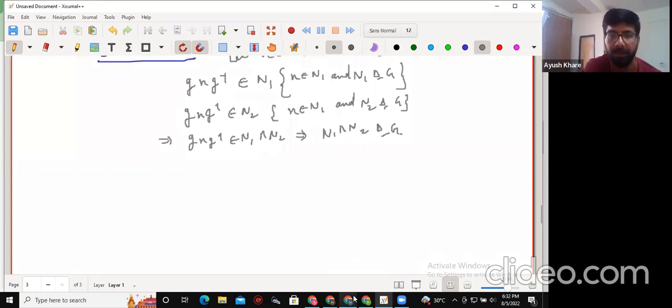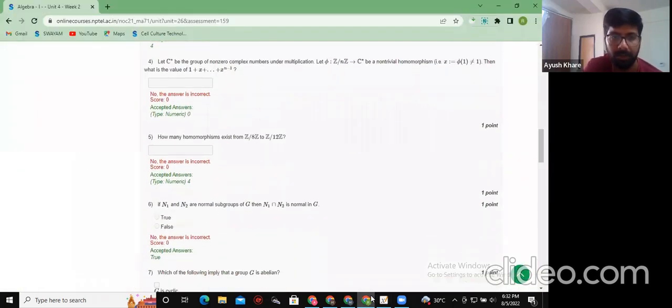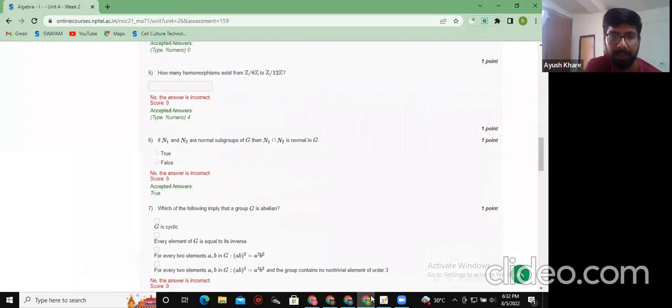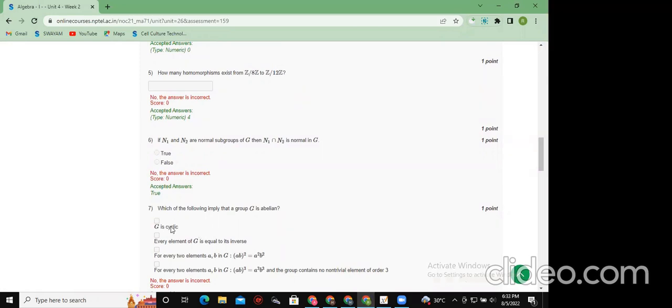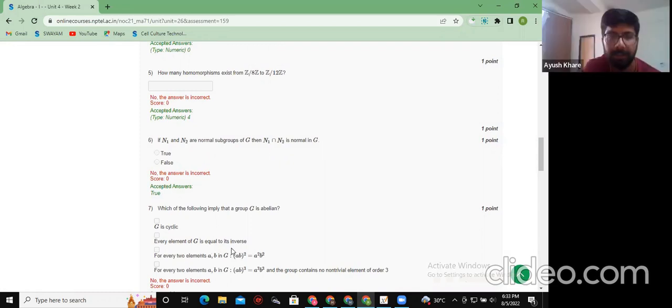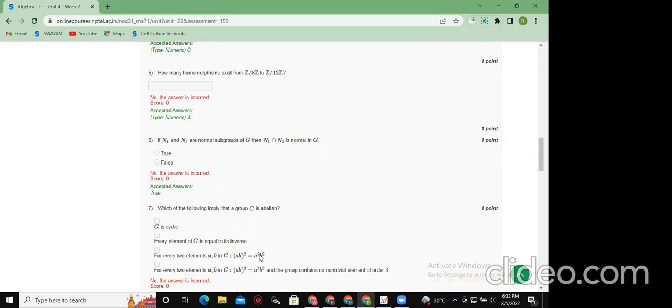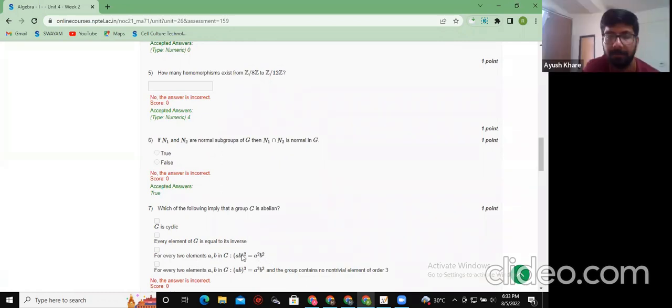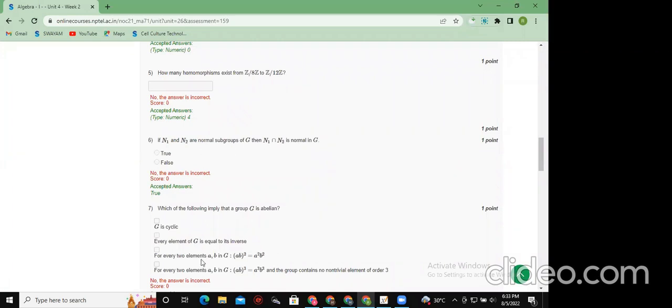Okay, so now let us move to the next question. Which of the following implies that G is abelian? Something interesting. First one we have already seen: cyclic. Second one, every element of G is equal to its inverse. Then it is abelian. What about the third? Third also holds. Fourth,